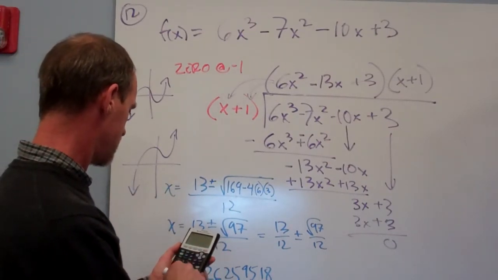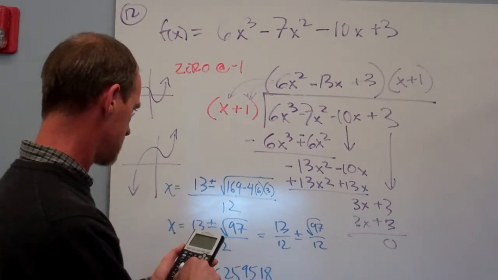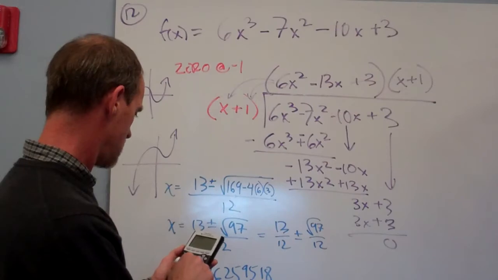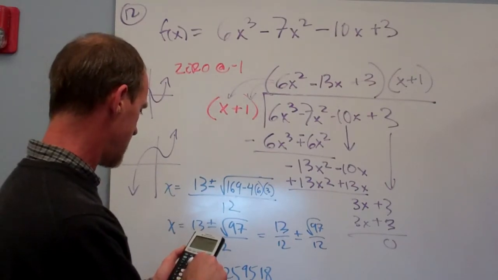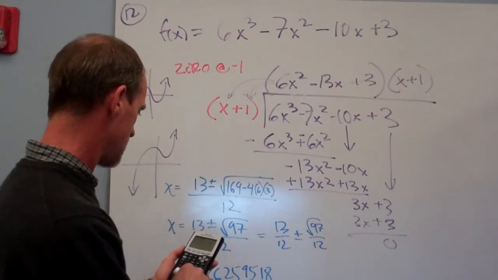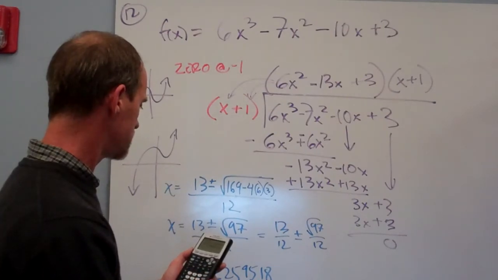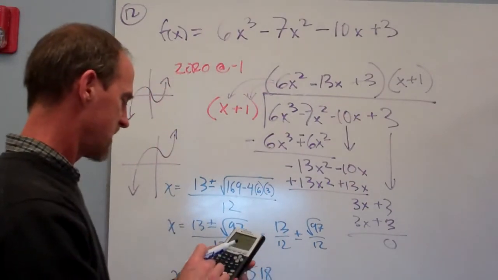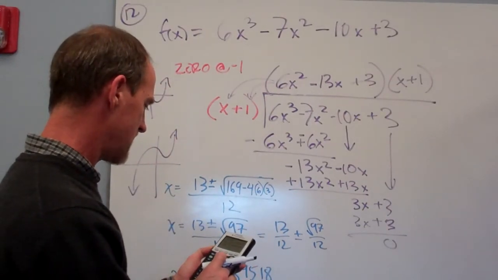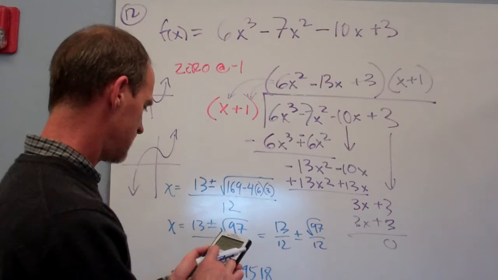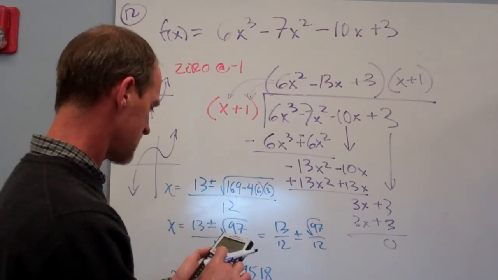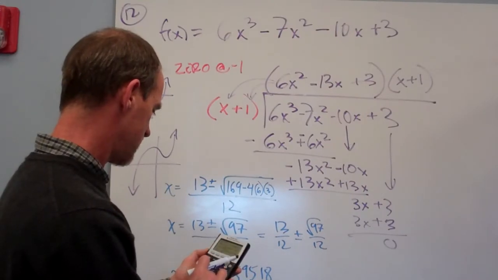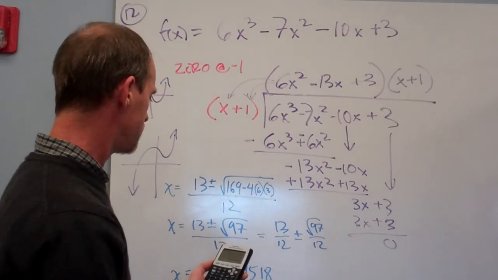So I'm going to do 13 plus the square root of 97. And then I'm going to divide that by 12. That's a little bit easier. So you might have some calculator issues too. And that gives me 1.9. That's my plus. And now 13 minus the square root of 97. And I'm going to divide that by 12. And I get, guess what,